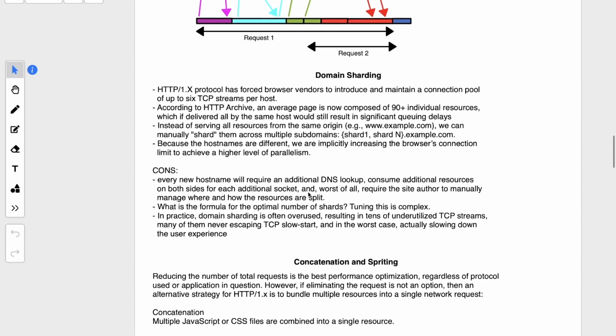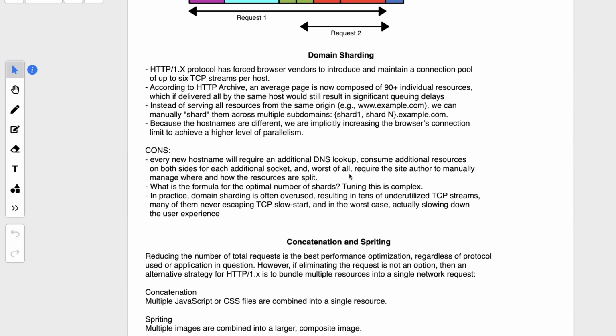The problem here is that a new hostname will require an additional DNS lookup. For each subdomain you are making a request to, an additional DNS lookup will happen to get the location and so on. And there is no way to find out how many shards there should be. If you over-engineer and create too many shards, it will be difficult to manage the resources,